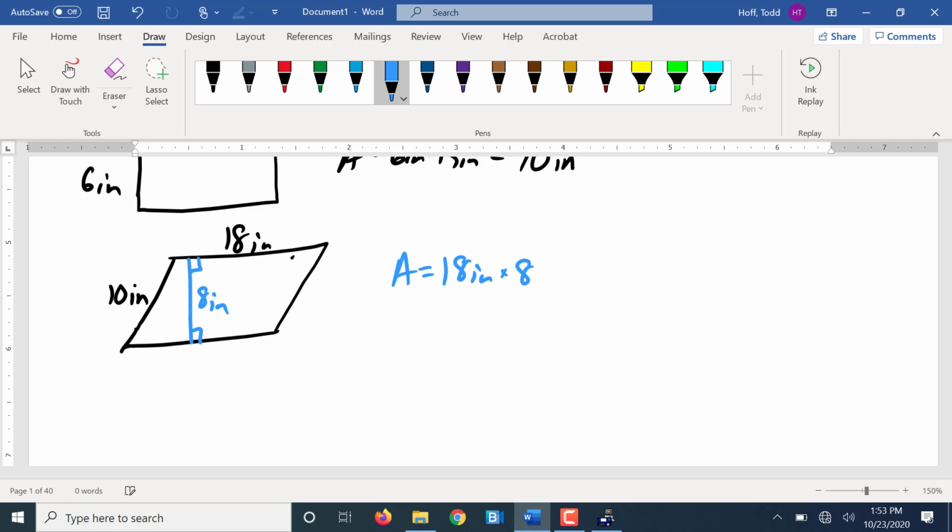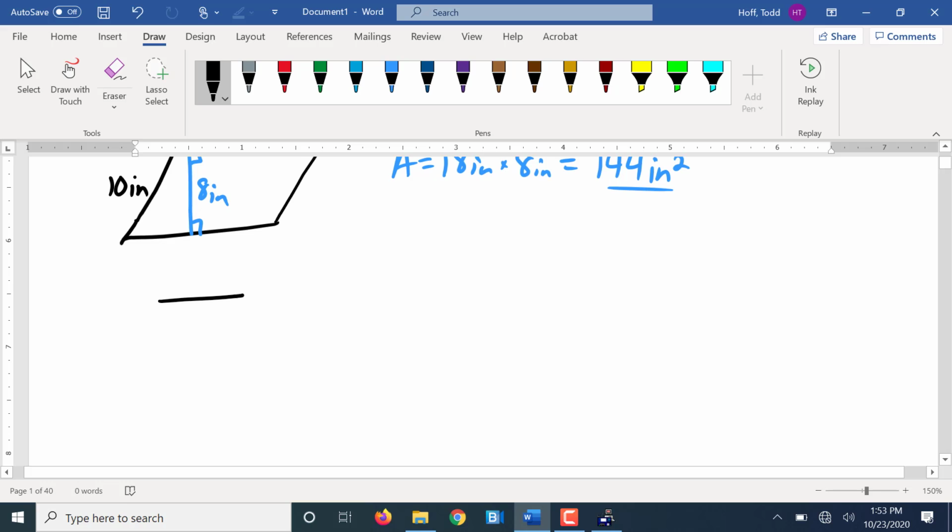18 inches times 8 inches, good. To get 144 inches squared, perfect. The one that's a little trickier,